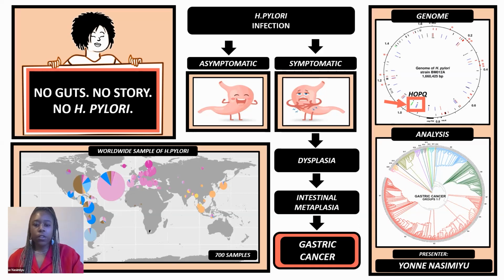Due to this, I looked at the relationship between HOPQ DNA sequences and the genetic ancestry from the samples collected. I created a phylogenetic tree as a visual representation of the evolutionary relationships amongst HOPQ sequences and established categories based on each grouping. My goal was to determine whether sequences that led to the development of cancer grouped together or not. If groupings were found, this would suggest that something specific within these sequences was shared. This could shed light on HOPQ's role in gastric cancer, which is exactly what I found after grouping the sequences